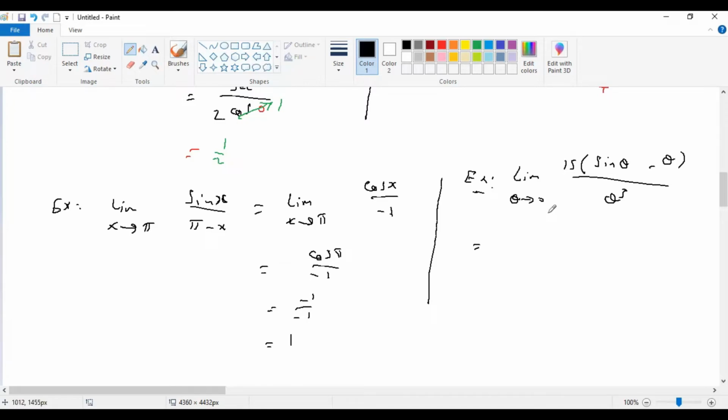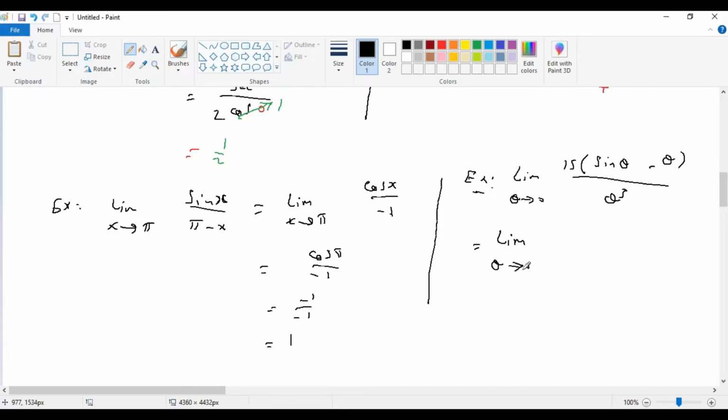If we put 0, sine 0 is 0, so the numerator is 0. And theta cube is 0. So you have 0 over 0. Now, the limit is equal to the limit